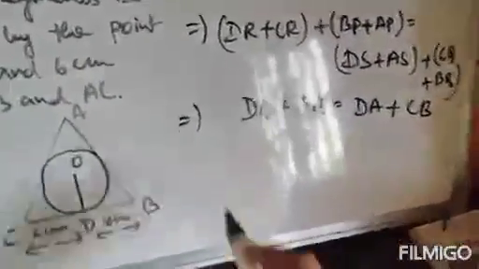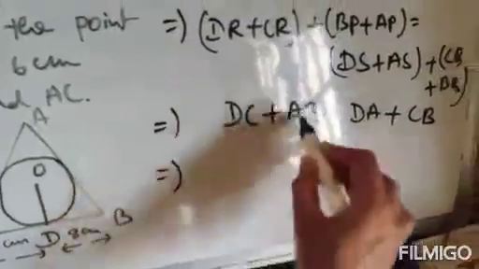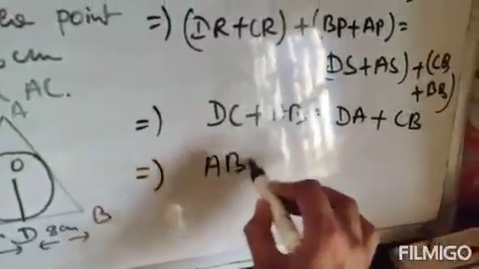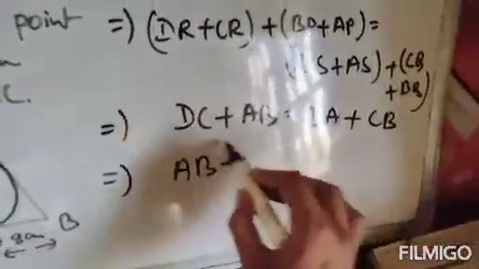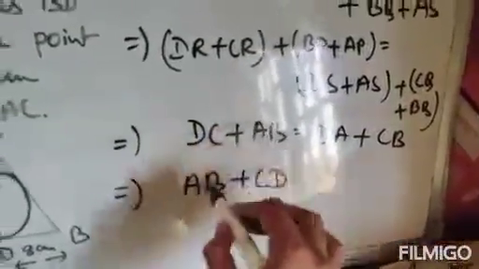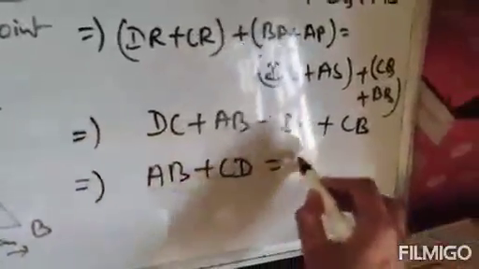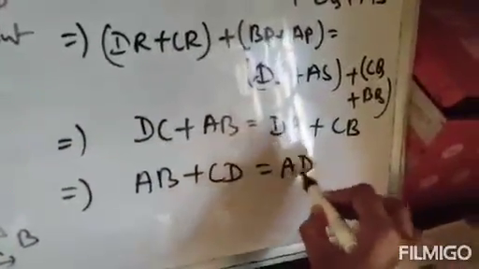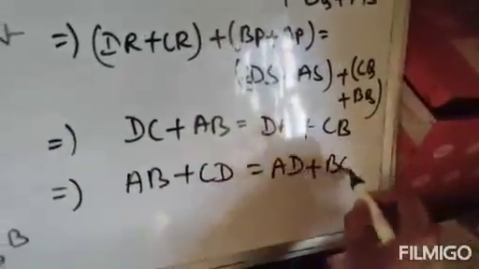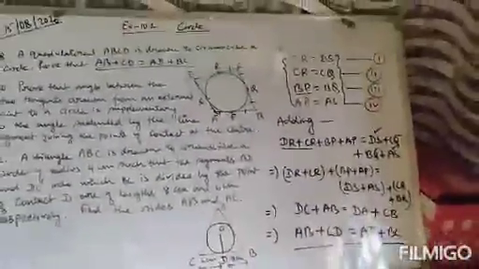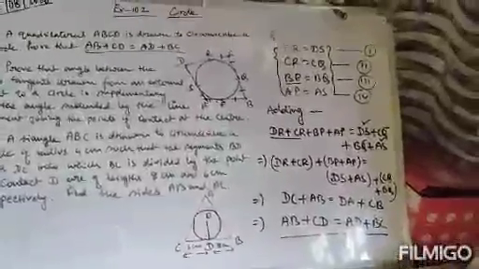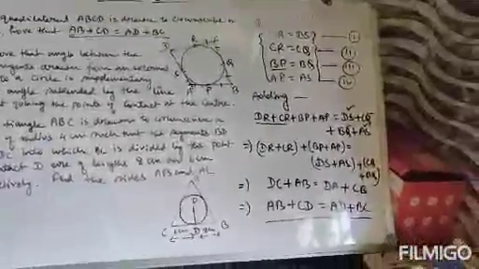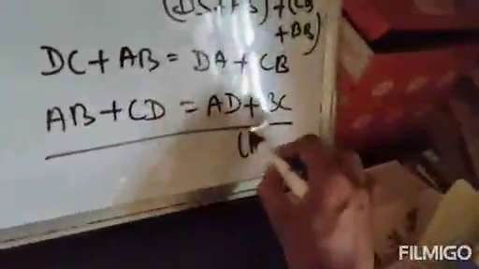Now, therefore, you can write AB first, and CD means DC, so you can write AB first and DC means CD, DA means AD, and CB means BC. Now see the expression and match this expression. Both these expressions are the same. AB plus CD, here is also AB plus CD, right side AD plus BC, here is also AD plus BC. That means the expression is proved.